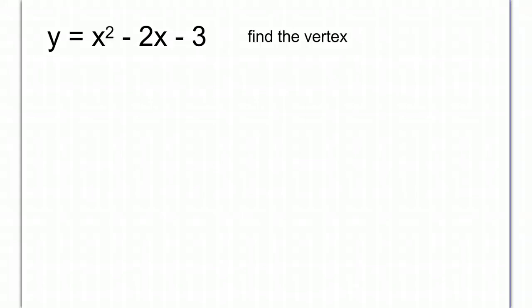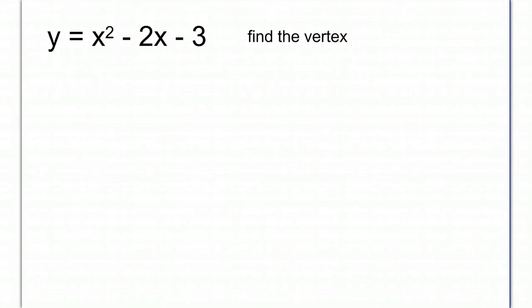This is the first in a series of review videos, and we're going to look at a smaller number of problems in a lot of different ways to draw some comparisons between the different methods dealing with quadratics. This first problem here, we're given y equals x squared minus 2x minus 3, and we're asked to find the